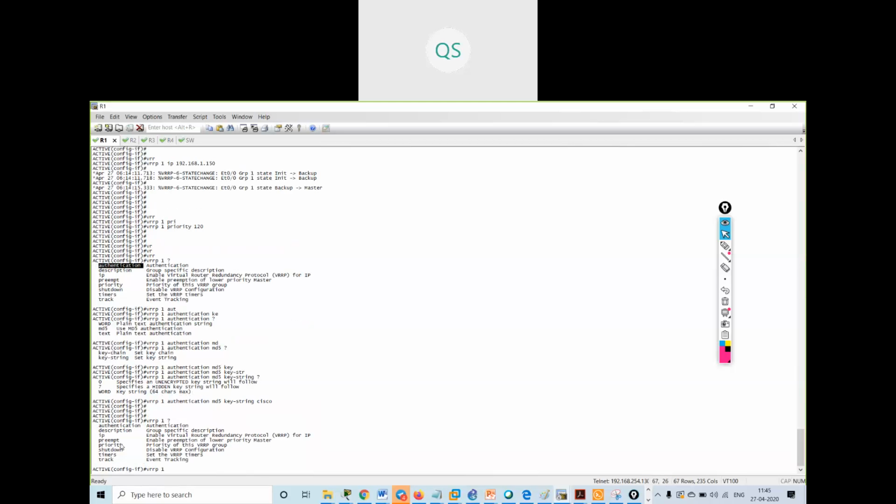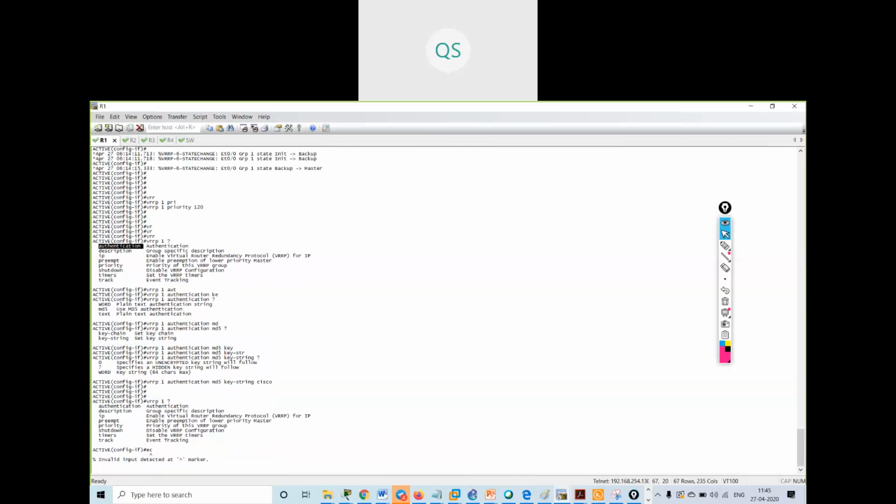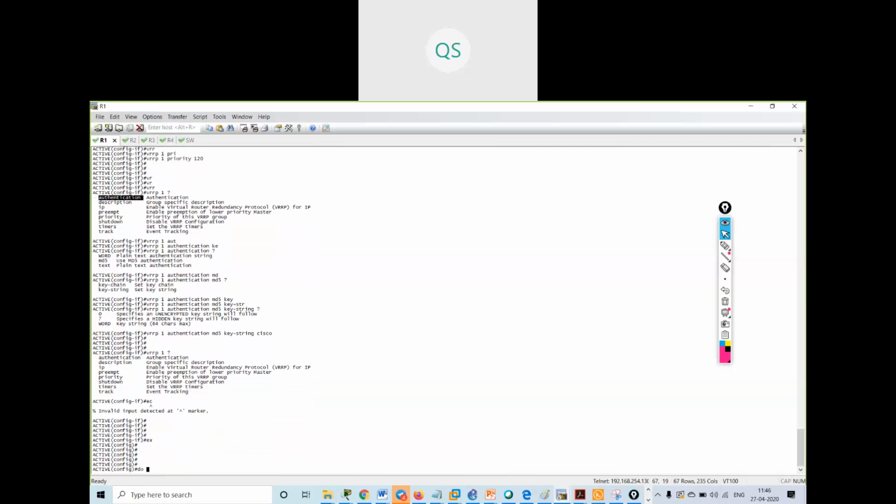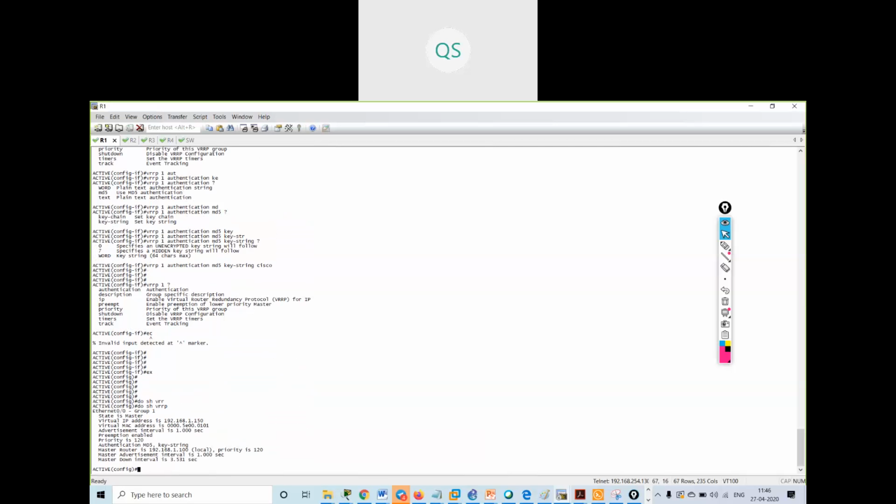Preemption is enabled by default, so we can change the timers. First we will see the default timers. Now I do show VRRP, which is the command to see the VRRP configuration.